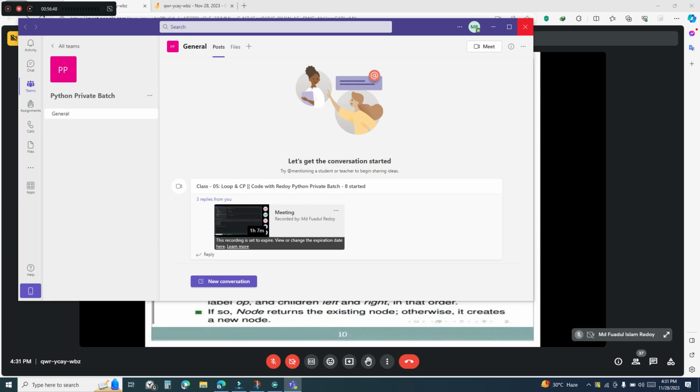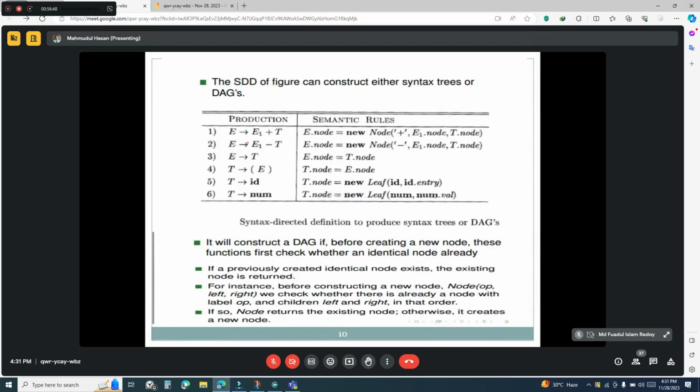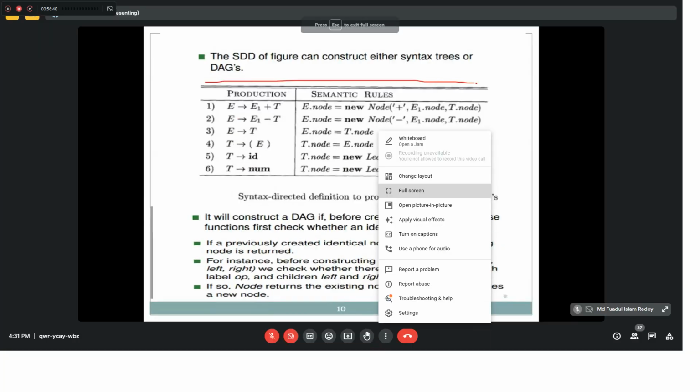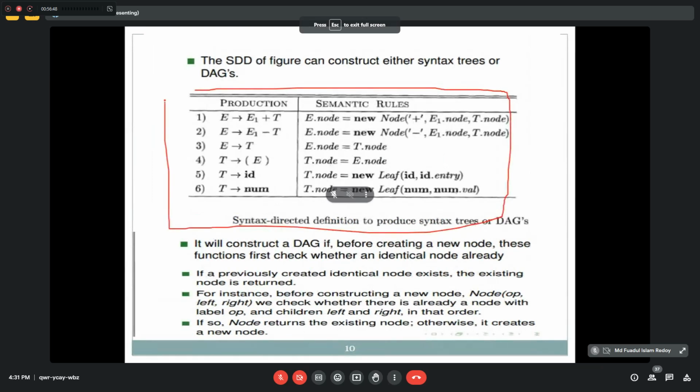So I think you are very much familiar with this one, that is semantic rules regarding the production rule. So this is the production rule. When this production rule is matched, then this semantic rule will be applied. And what is the semantic rule? That means E to E1 plus T. When this one is matched,